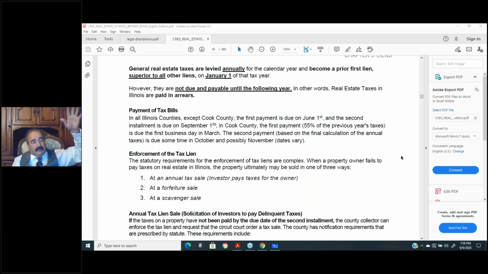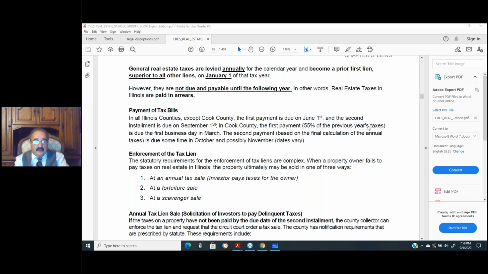You go online, there's probably 30,000 properties you could buy at the scavenger sale. Some of them are just junk properties. Commonwealth Edison owns a lot of them. It's not 30,000, I'm sorry. The scavenger sale is more like probably about 150 or 180,000 properties. Commonwealth Edison has small parcels that are 2 feet by 6 feet. They used to be a transformer. They have no use for it. Nothing that you can ever build on. So that's how they enforce the tax liens. And anyone can buy it at the scavenger sale. You're not responsible for back taxes, and you own that property.